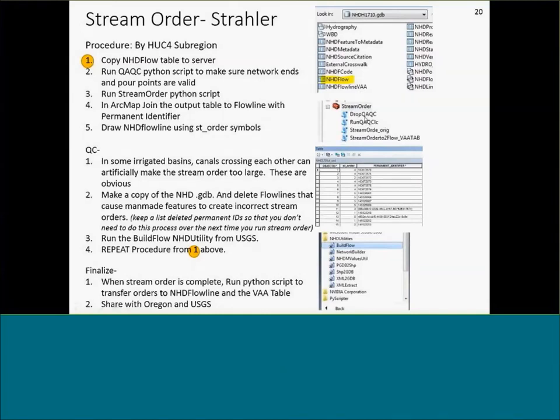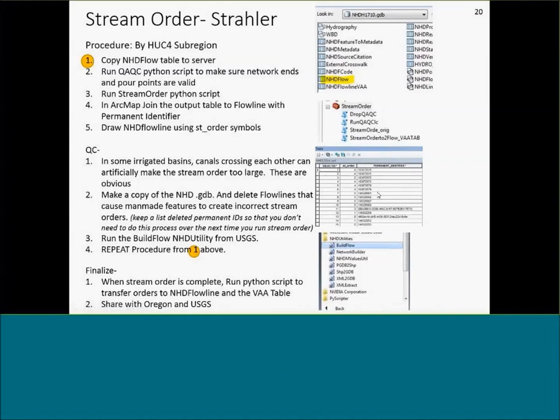I'll run a QA/QC on that to make sure that all the network ends and pour points are valid. And then I run a stream order script that generates this table here, which has stream orders and permanent identifiers. And then I can join my NHD flow line using the permanent identifier and draw it up.